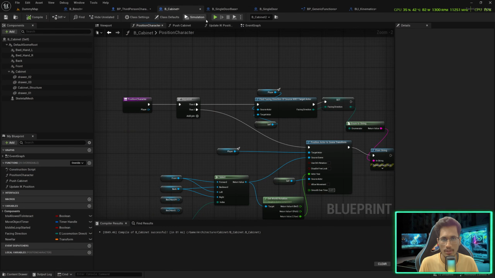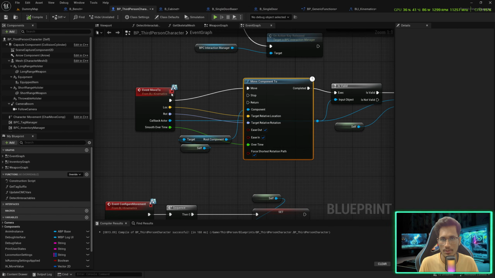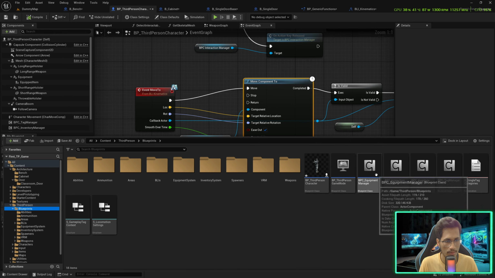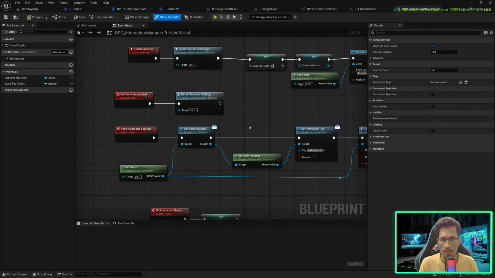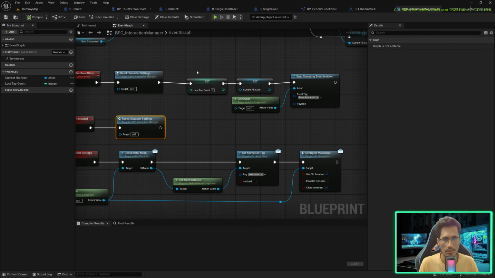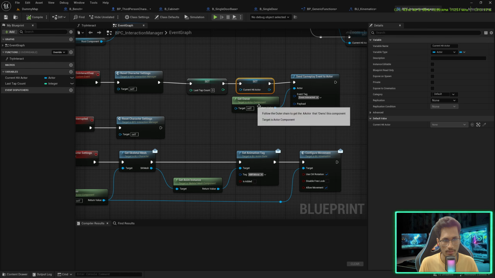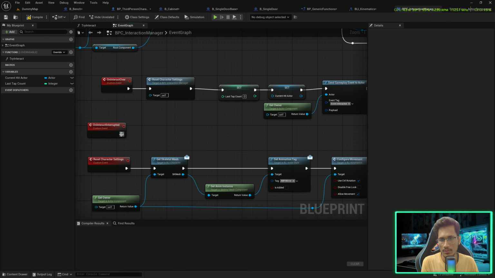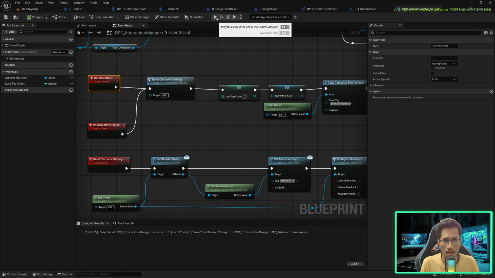So that is the issue which is happening in the third person characters interaction manager. So I'll go in the blueprints, interaction manager. When you are interrupting, you are resetting the character setting, but you are not resetting the tap count and the current hit actor or anything. So you have to do this. I will remove this one and I'll connect it here. Now if I play,